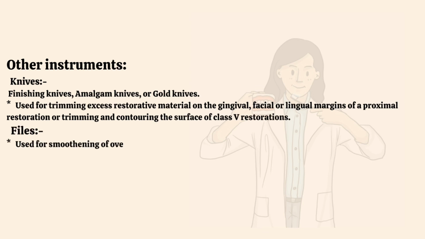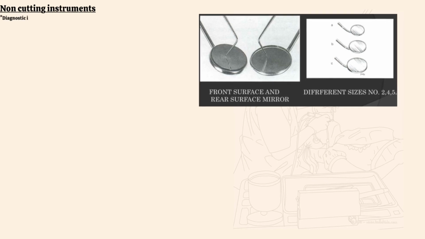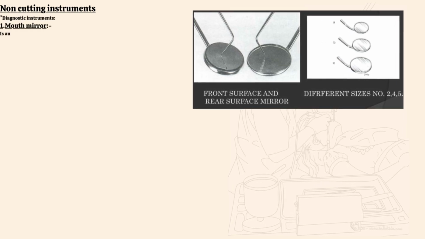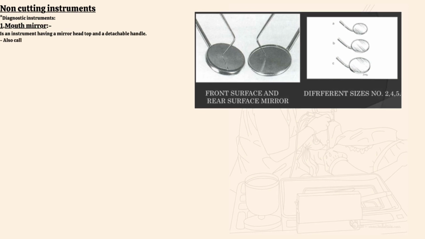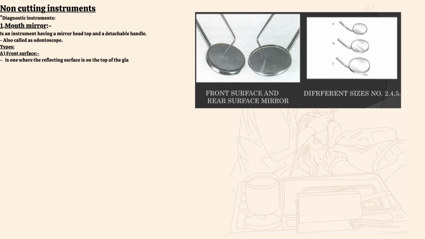Files. Used for smoothing of overhanging restorations, amalgam and gold. Non-cutting instruments, diagnostic instruments. Mouth mirror is an instrument having a mirror head on top and a detachable handle, also called an odontoscope. Types: A. Front surface is one where the reflecting surface is on the top of the glass